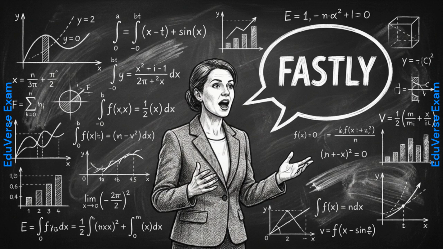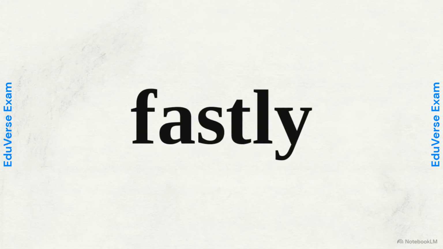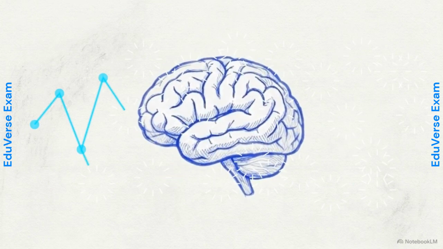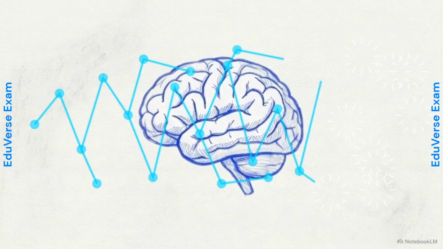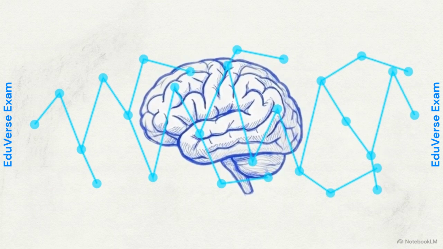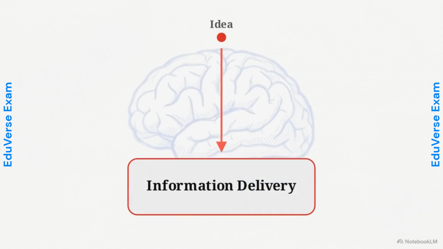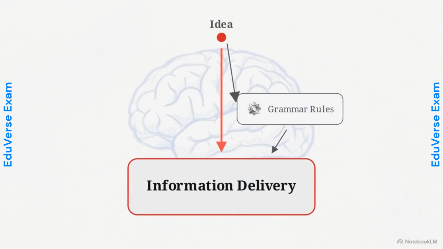Listen closely to high-level academic or professional lectures, and you will frequently hear the word fastly. It is a common error in modern English speech, but the word itself does not actually exist. These slips occur most often when a speaker is navigating complex data or abstract logic. In these moments, the subconscious brain prioritizes the delivery of information over grammatical exceptions, defaulting to the most common linguistic